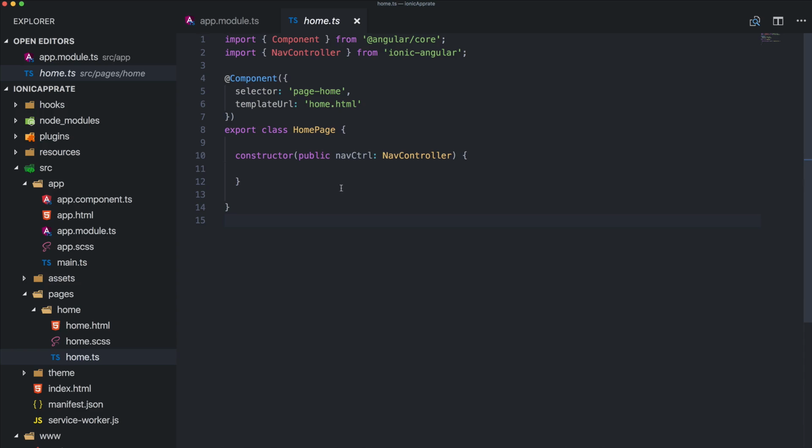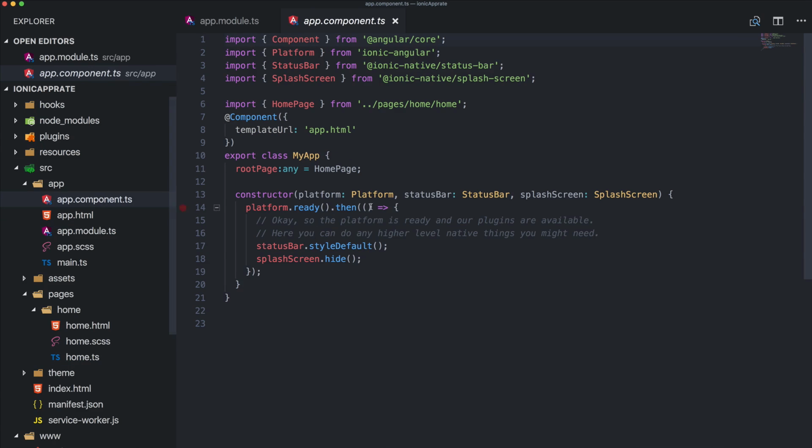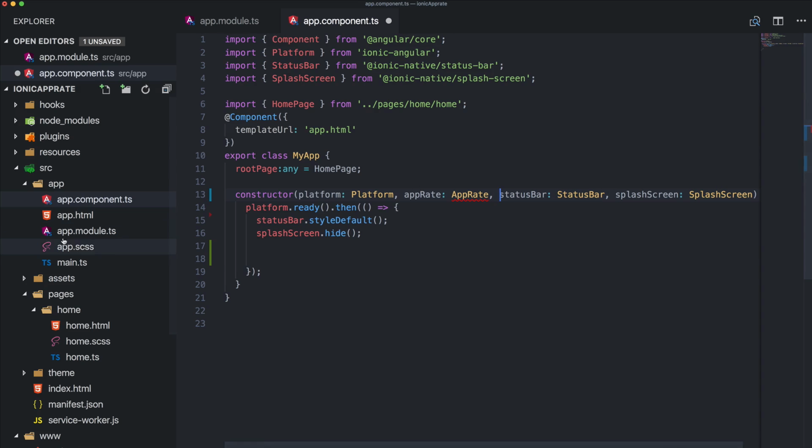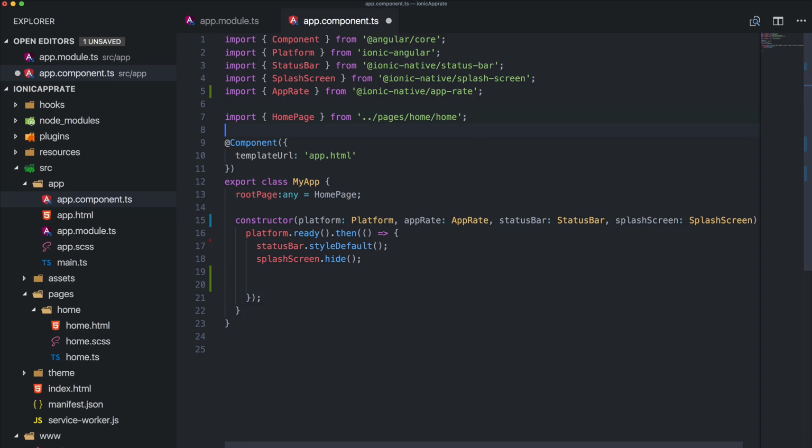The second step is to go to your app components, and let's remove this. And we need the AppRate here as well. So we're gonna import it, copy this, and now we can use it here as well once our app is